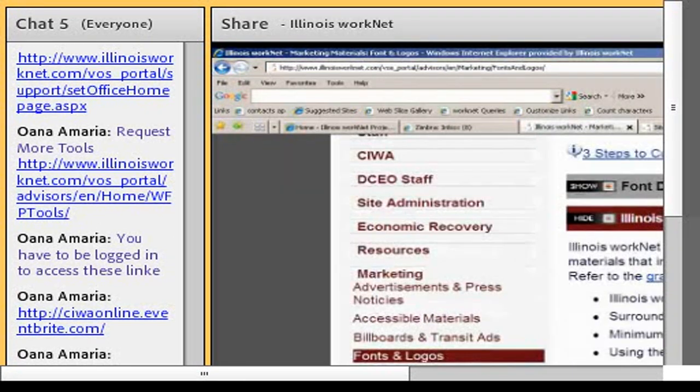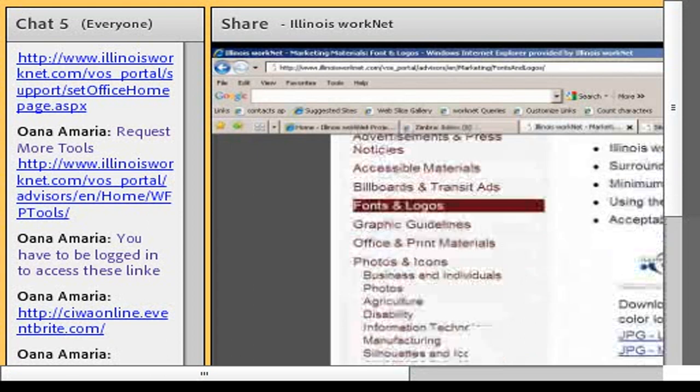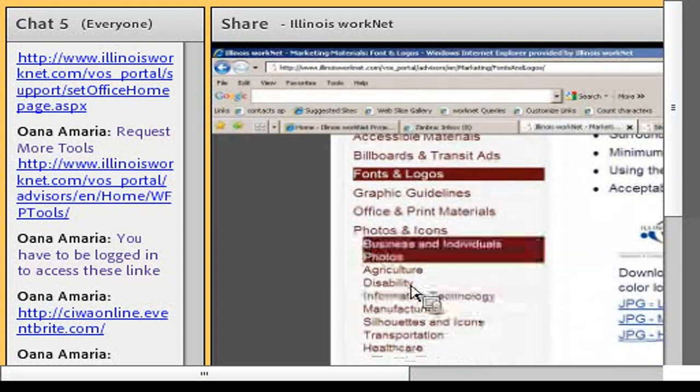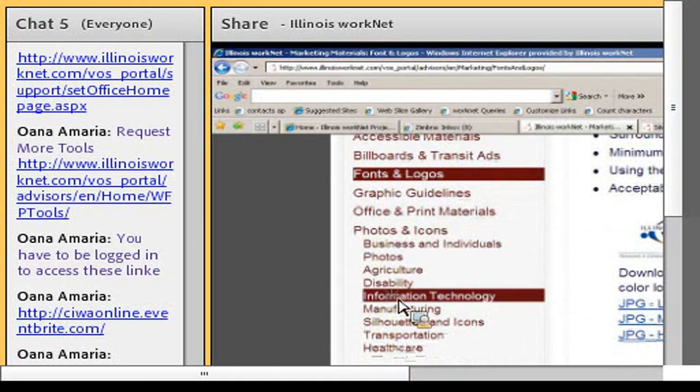One of the fonts that we use with the Illinois WorkNet materials is called Futura, and we have a place where you can download that font. I'm sorry, not the material, the font. And then you can also download the Illinois WorkNet logos and use those in your materials as well. Then we also have examples of, let's go for information technology. We have different